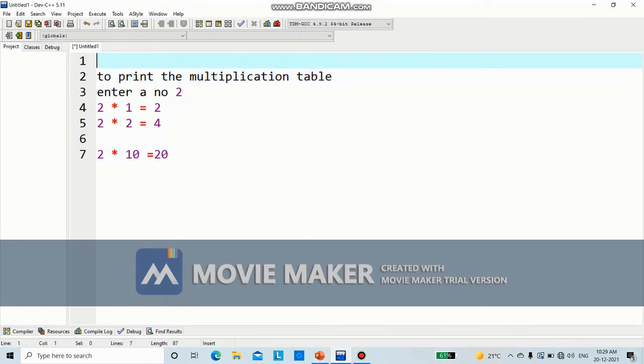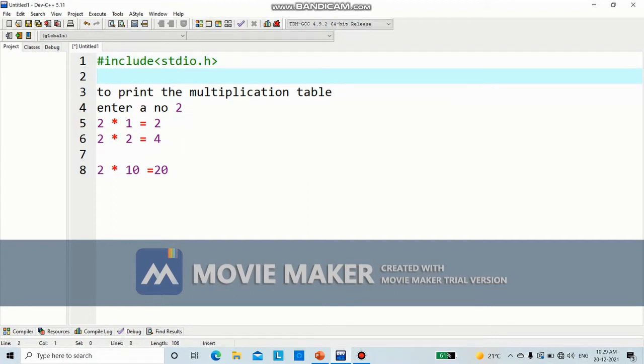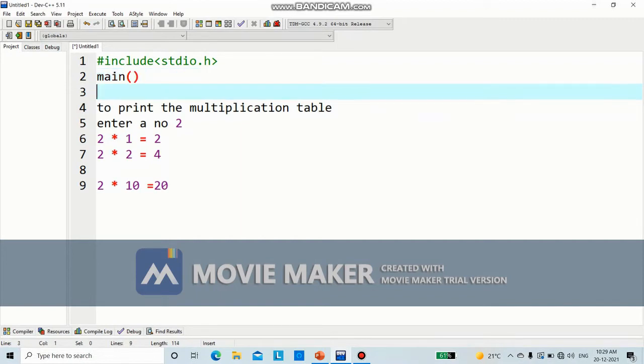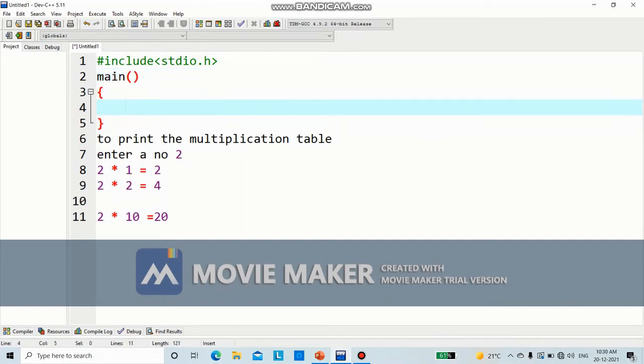First let us write down #include <stdio.h>. Then let us write down main. How many variables will we be needing for this program? So first of all, the number whose multiplication table you want to find.